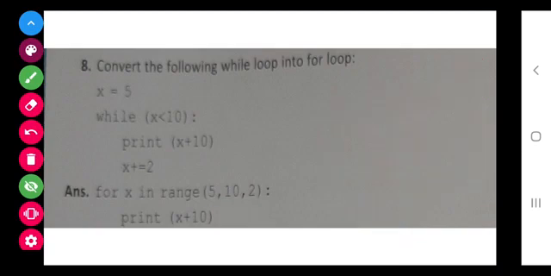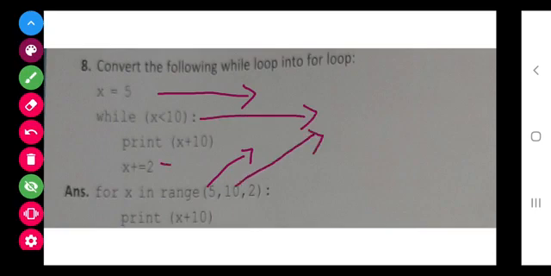Now let's move to the while condition. In while, this is the initial condition, same, this is the final condition, same, and this is the increment, same.